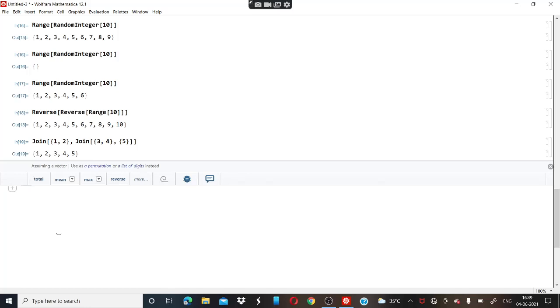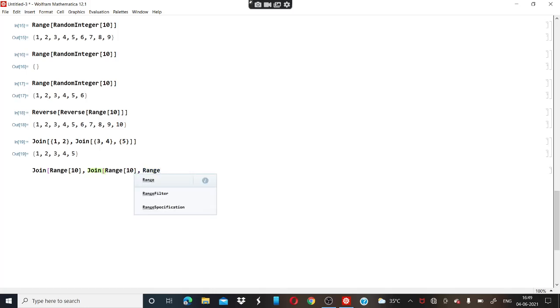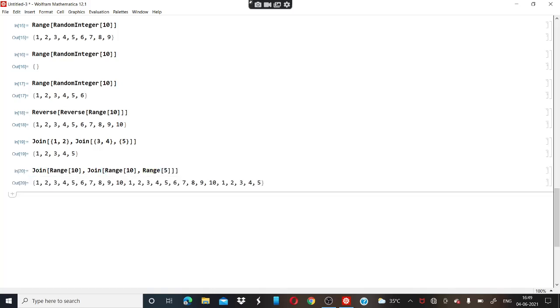After that there is another question, that is again for a simpler form, and our function is join range 10, comma, join range 10, then again comma range 5, close the brackets, shift and enter key.